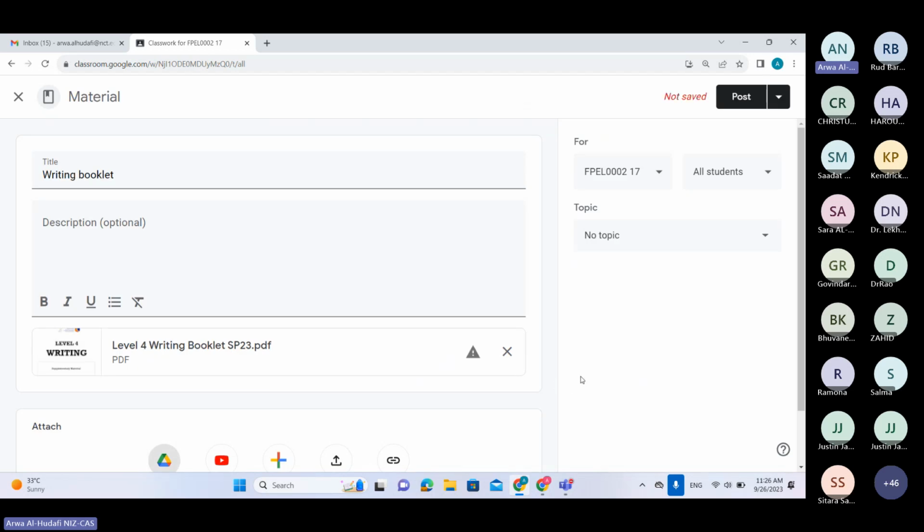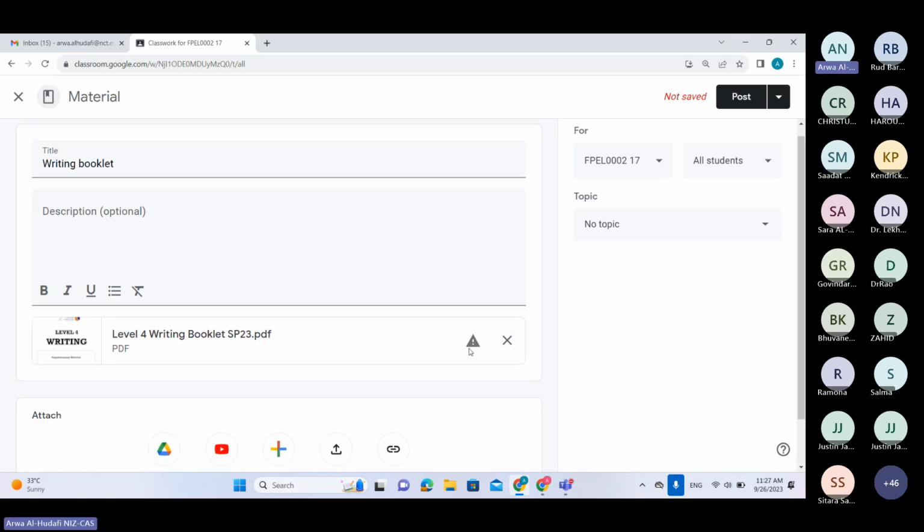See, it doesn't have the option of either students can edit the document, or they can have a copy each, because it's a material for everyone. I have the sign again. It means I have to make a copy first in my drive and then share it in Google Classroom. Sometimes these shared drives do not allow us to share something directly. We have to get a copy and then share it with our students. So if I click post,